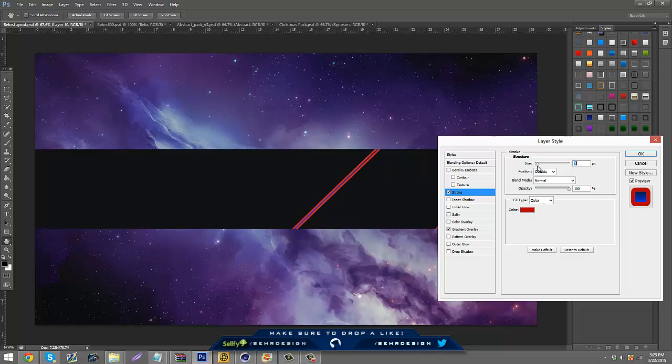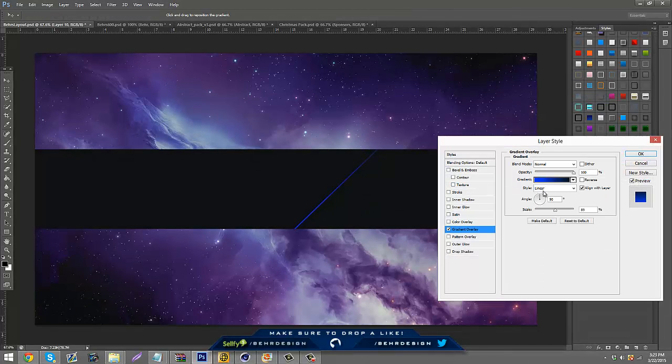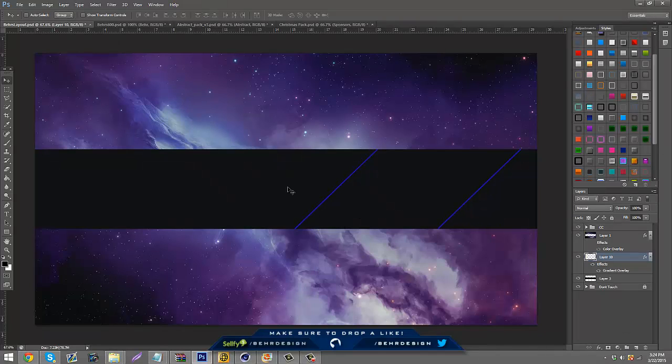You guys can do it any way you'd like, and let's just say that you don't want it like this, you just want a bigger stroke. You just have to redo those steps the way I did them, but a different way. Then you can mess with the opacity and scale size, and then you have that.